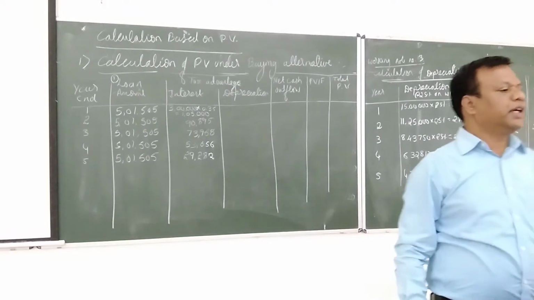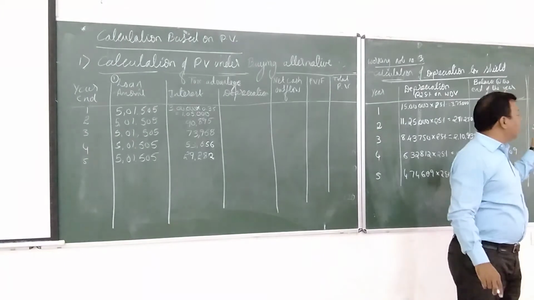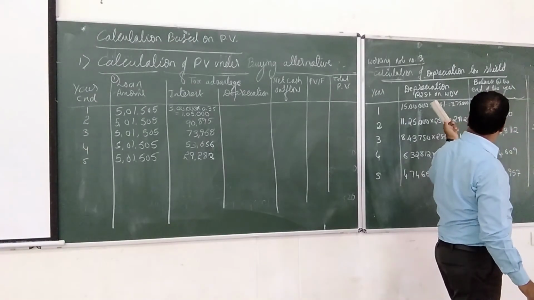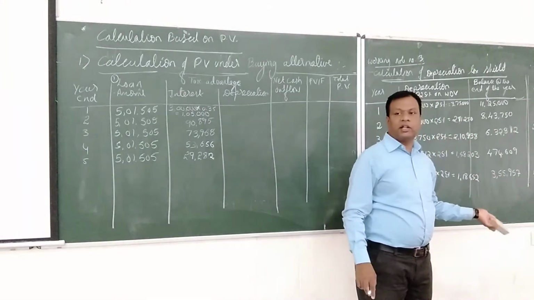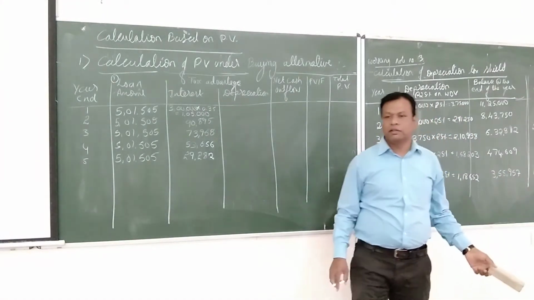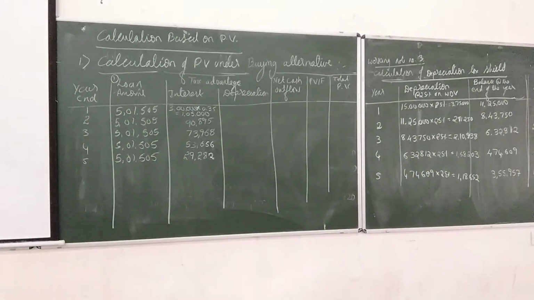Okay. So what we have done? We have calculated the tax advantage, that is, we have multiplied. Entire thing you have done wrong. Do you know why you have done wrong? None of you use common sense. If you calculate the tax advantage and difference, you will not have a balance amount, correct? So why multiply? Don't multiply whatever it is. So just erase it.